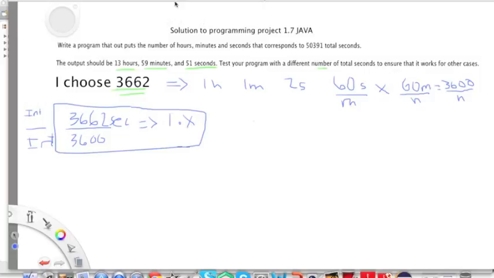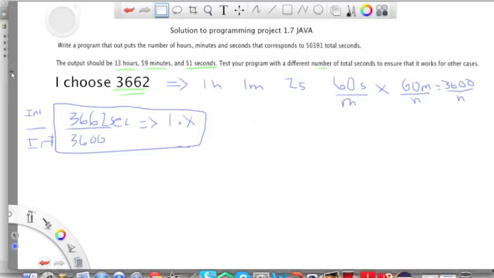Then it says test your program with a different number of total seconds to ensure that it works for other cases. So it says different number. I chose 3,662 seconds. This equals 1 hour, 1 minute, and 2 seconds. So first,